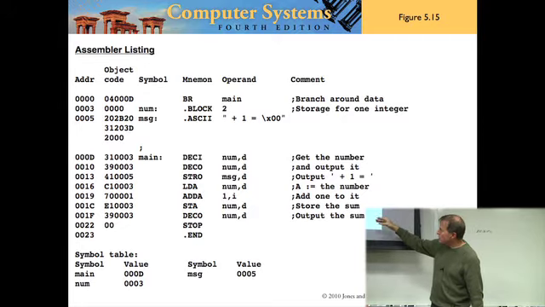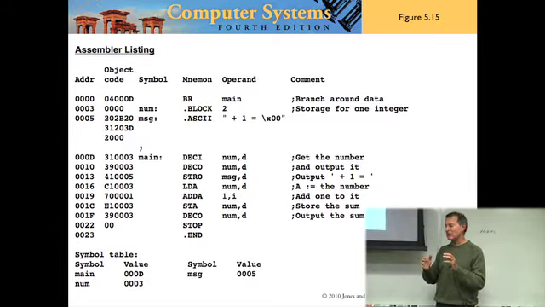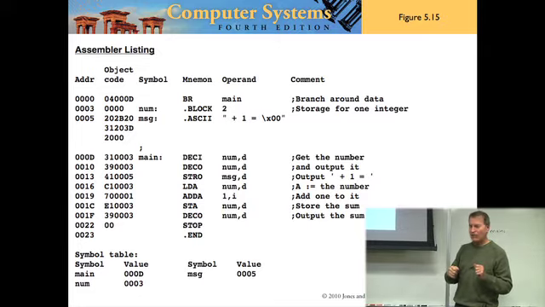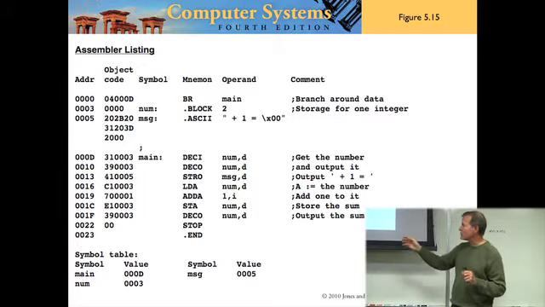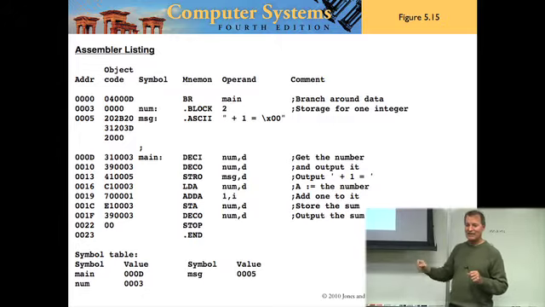And there's more than one symbol here. Not only is there a symbol called main, but whenever we did decimal input, what did we have to give after the decimal input? We said decimal input 0003, right? Well, we can do the same thing for decimal input. What we can do is just make up a symbol name, we'll call it num, colon, and we'll stick it right in front of the .BLOCK.